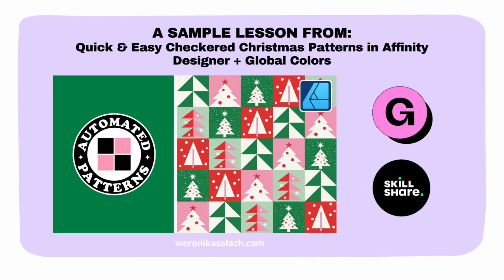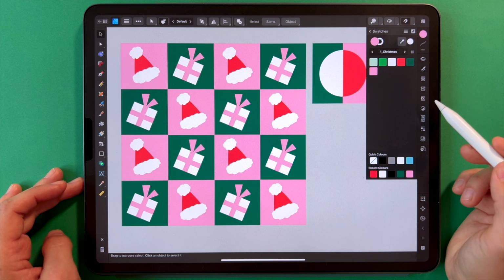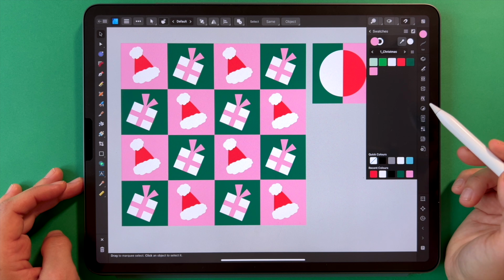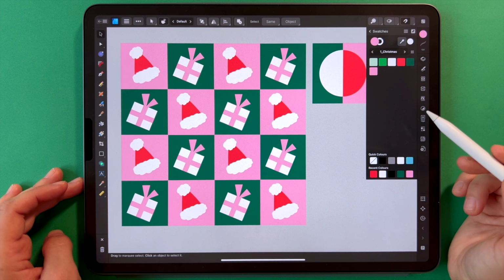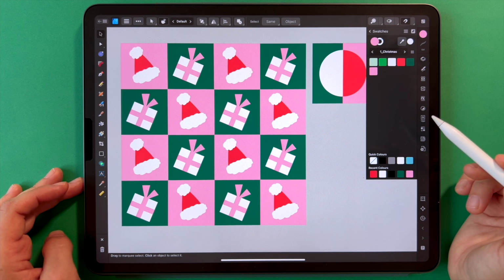In this video, I would like to show you a really handy trick to be more efficient in your design work and to save some time when you're tweaking colors for your patterns. So we created this checkered Christmas themed pattern using normal colors, if I may say so, but it is time that we start also getting used to using global colors, because in particular for pattern design work, this can be